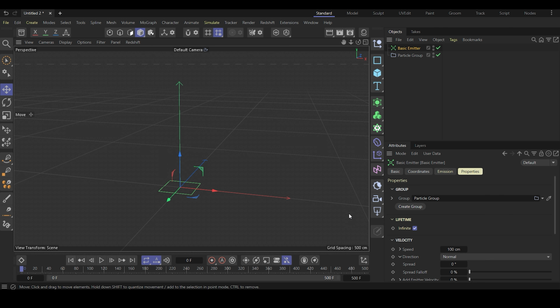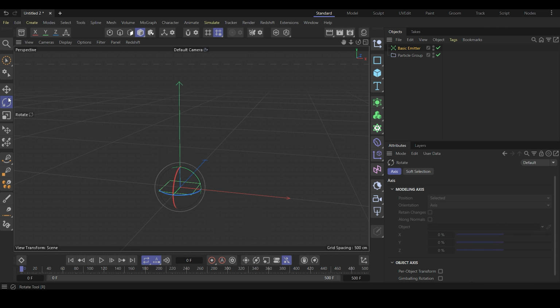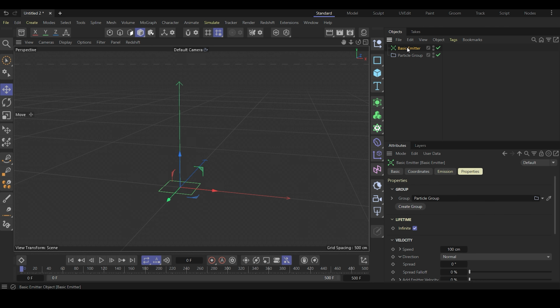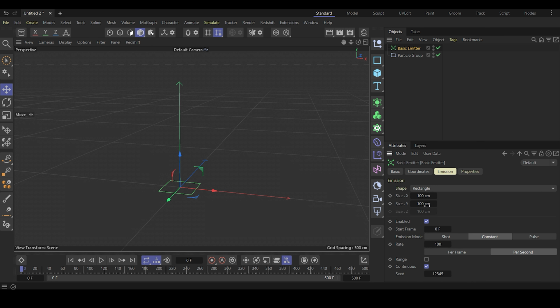Yep. So make sure they're going upwards and then go to emission under the basic emitter and change the size of this so that it's a bit longer. I'll go to 850 here, and then you can change the size along the y-axis to make it a little thinner. We'll go to 50 here,